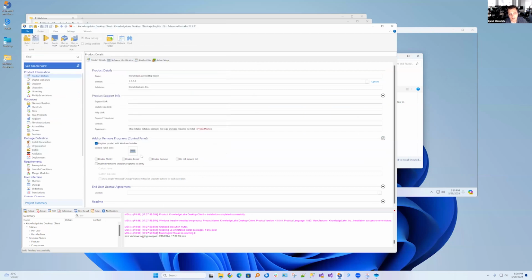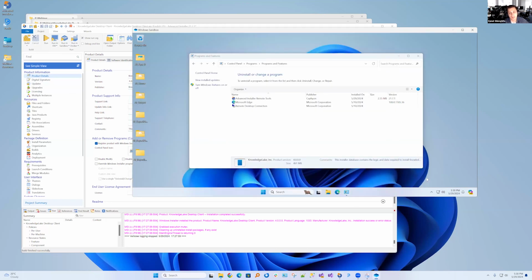MSI did not have the icon in the control panel, so you can simply go in the product details view and pick the icon that will be displayed in the control panel. In my case, I've selected the icon extracted automatically from the installer. Perfect. So what we've done so far, we were able to replicate the functionality of the exe into an MSI